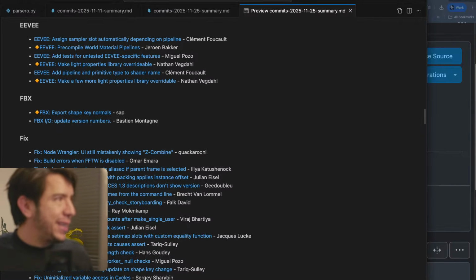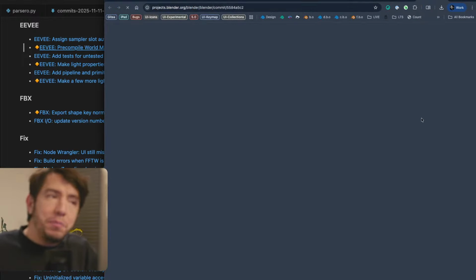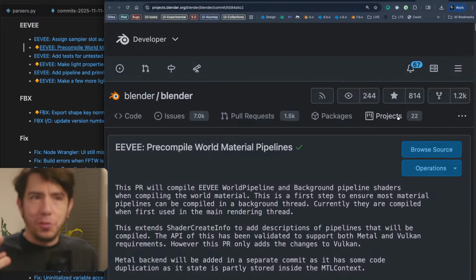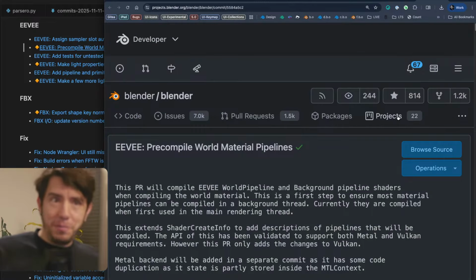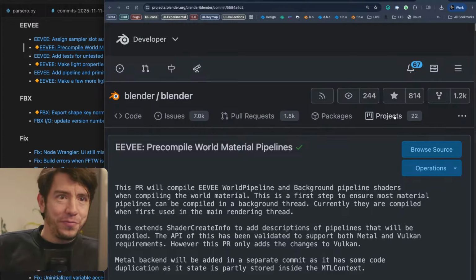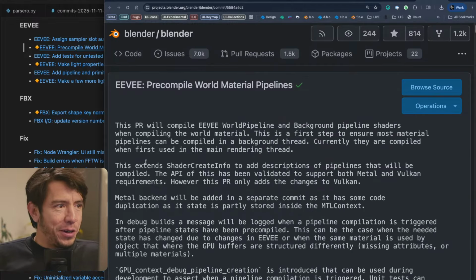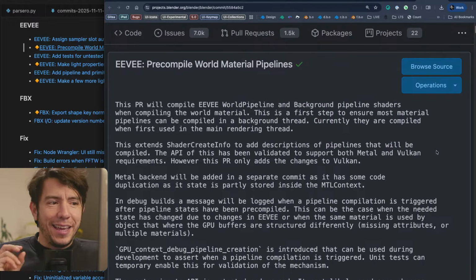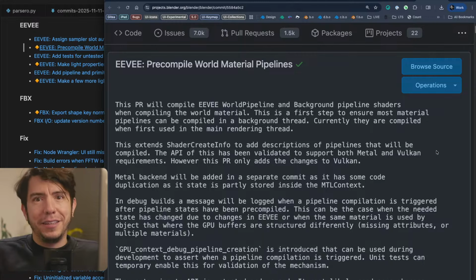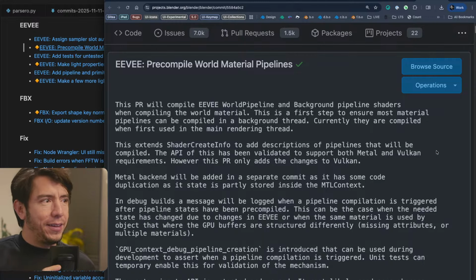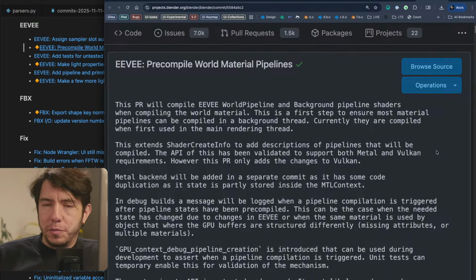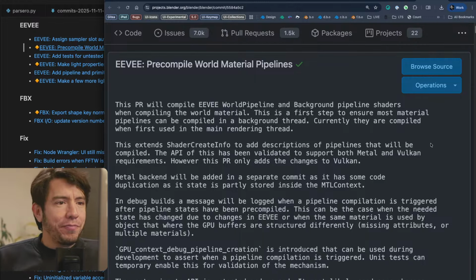What else? In EEVEE, there is some work done in performance. I think maybe today the episode could have been called the performance live stream, because this is a small step of many steps to make EEVEE and in general Blender more responsive, basically faster.